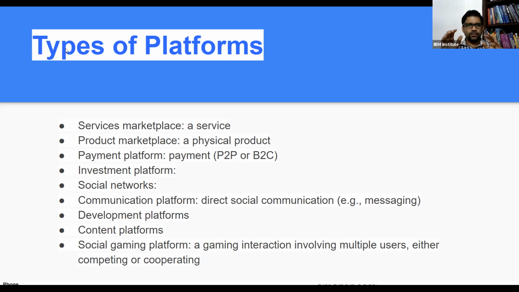So if you feel a business is not easy to scale up, we can't theoretically call that a platform. But in the former case, we can call that an intermediate platform. Okay, no doubt about it.